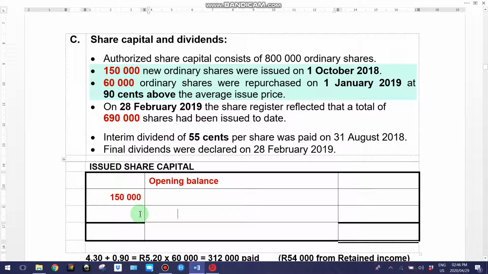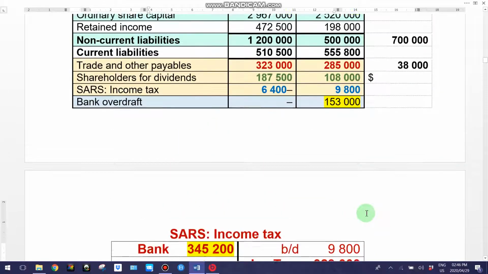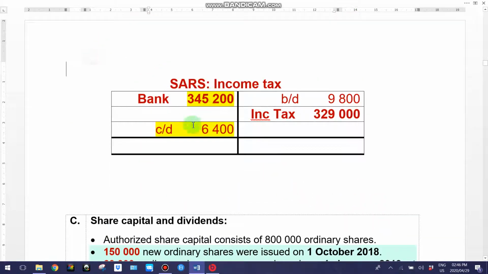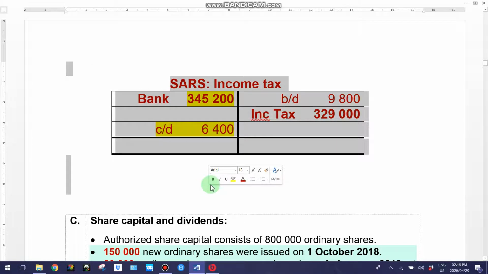Now, remember, when you are doing the cash flow statement, you might not be required to do this note. If you are not required to do the note, you can simply do it as a working, where you would not need to show the details. The important columns there would be your number of shares and your share values here. So looking at the information that I have on my, let's take this out, so I can look at the